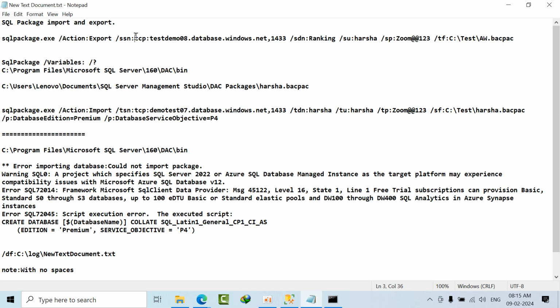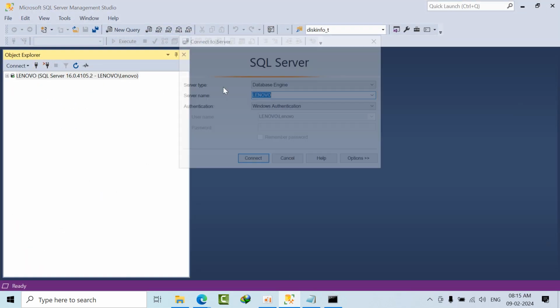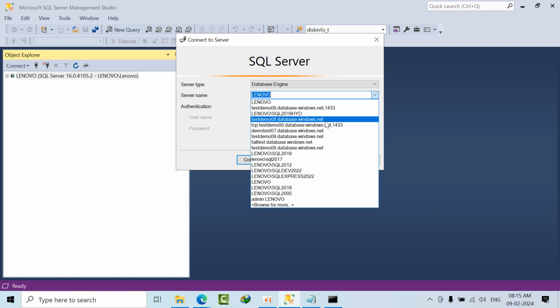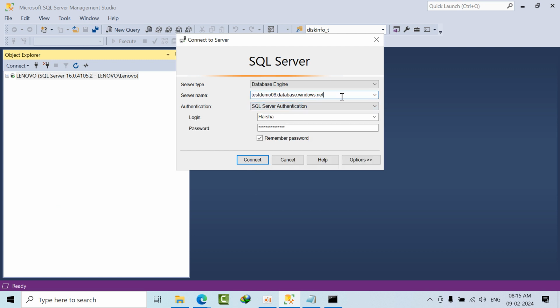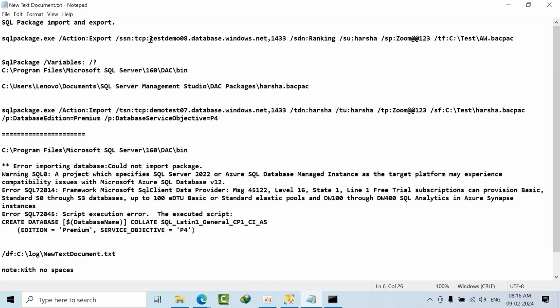And one more thing I would like to inform you: our SQL Server utilizes port 1433. This is my SQL Server, and you can mention 1433 to get connected, as well as you can mention tcp: like this. We can give it like this as well if you want to connect especially with the TCP protocol. So this is like tcp:testdemo08, 1433. Okay, source